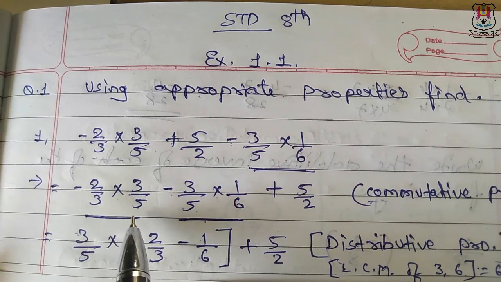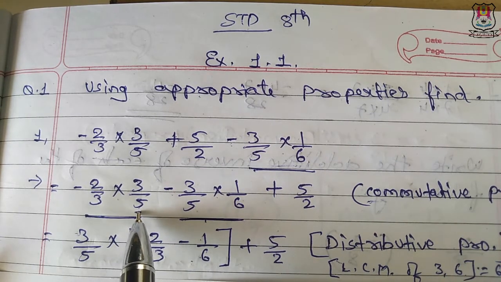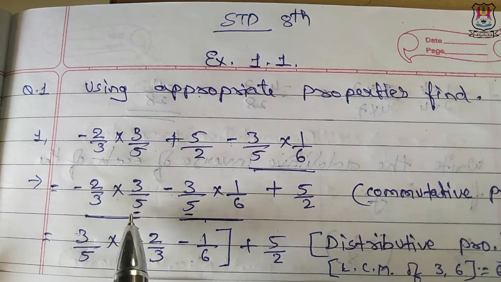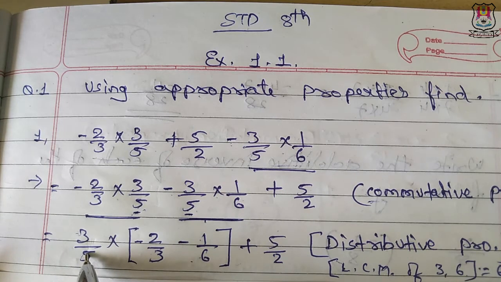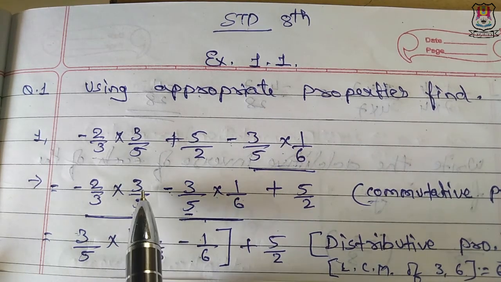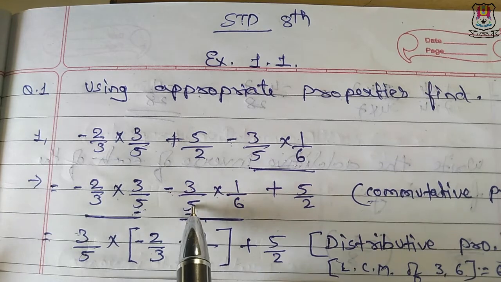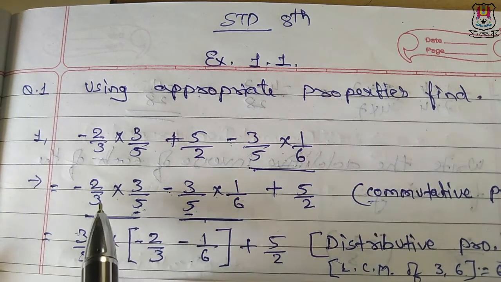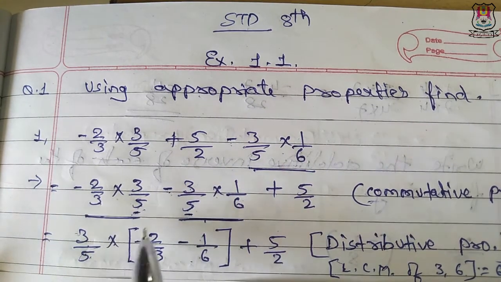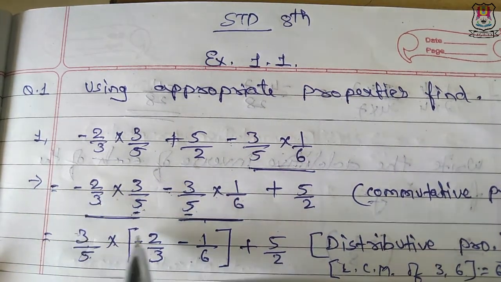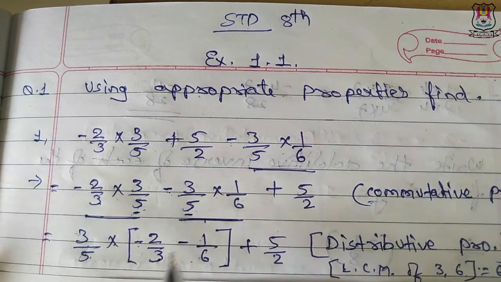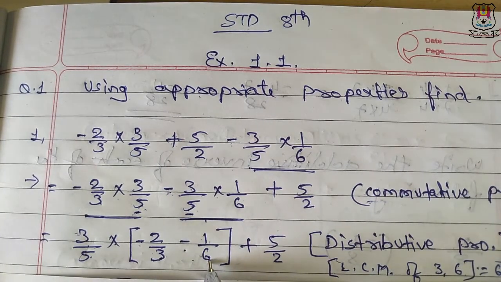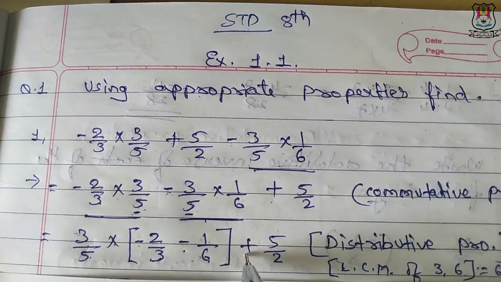Now in the next step, we see that this is 3 upon 5, this is also minus 3 upon 5, so this is a common thing, so we are taking it out common outside. But see, the minus sign is not taken, the minus sign remains as it is, 3 upon 5, and this 3 upon 5 is now common, which is multiplied with the remaining thing of the first multiplication, that in the bracket that I have written, this is minus 2 upon 3, and then this minus sign is carried forward over here, and 1 upon 6 is written over here, and plus 5 upon 2 as it is.